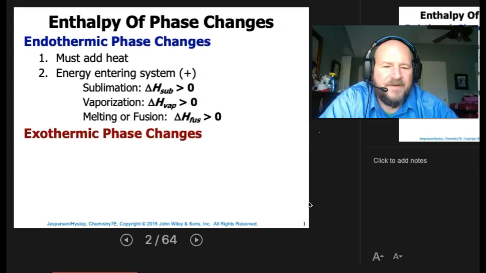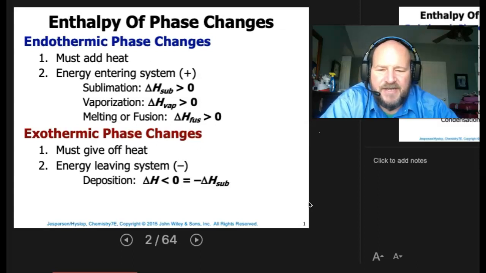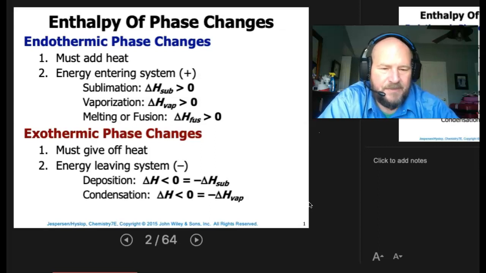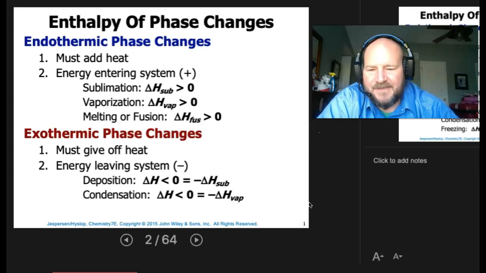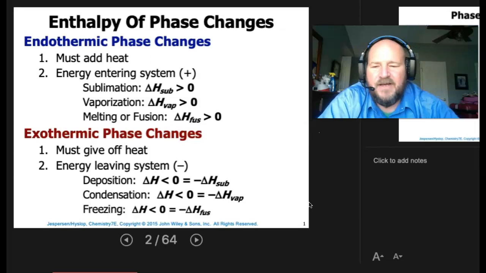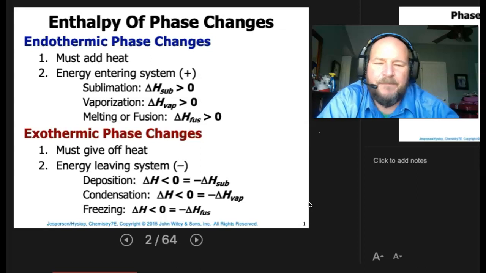For our exothermic phase changes, we have to be releasing that heat. So that means energy leaving the system would be negative. And so for deposition, delta H would be less than 0. So it'd be a negative delta H sub. Delta H would have to be less than 0 for condensation, so a negative delta H of vap. And last but not least, if we're freezing, then the delta H of fusion would have to be also a